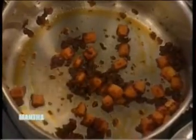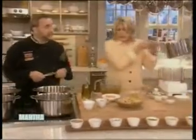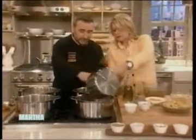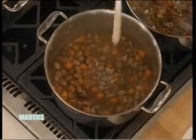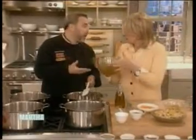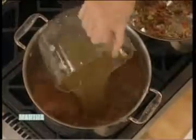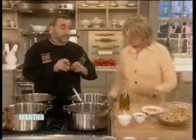At that point, we take the beans. Okay. And we put the beans and add that to that, right? Yes. Okay. All this. Good. And we leave it there to cook. And you add the chicken broth or vegetable broth or beans broth. Okay. What do you think, cook it more? Okay. And then you want to cook this another...